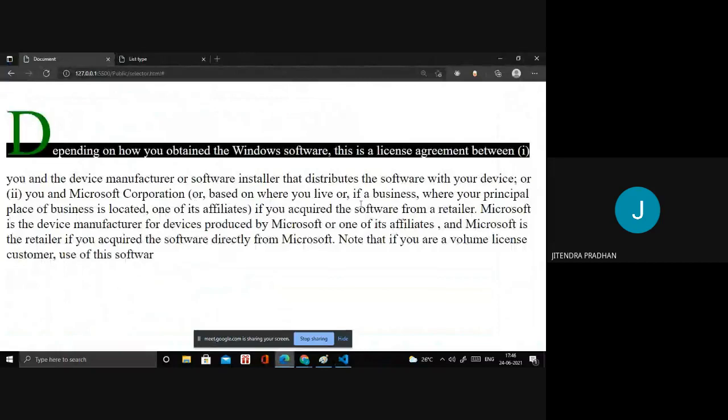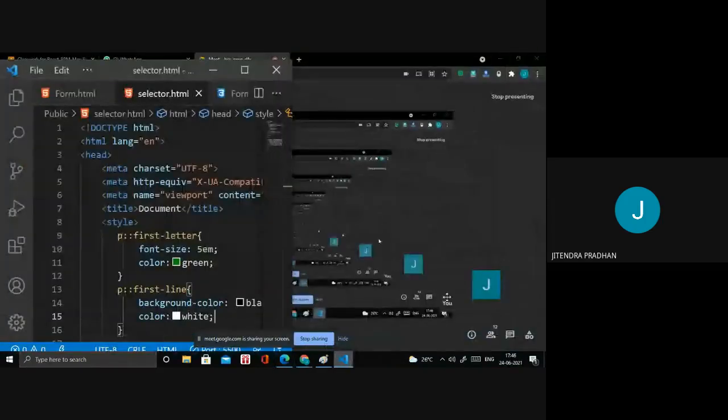Okay, it will only be affected in the first line. Not all the lines will be affected, only the first line. If you start a paragraph you can do that by using the span. Okay guys, so next one we have